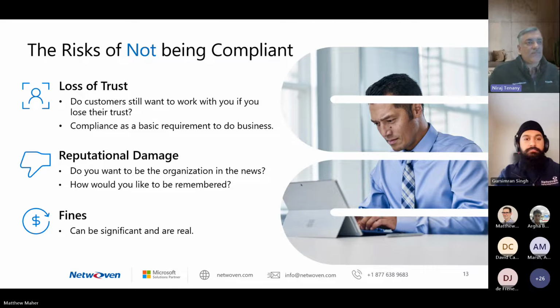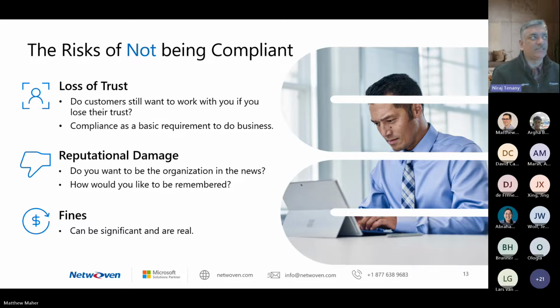So what's the risk of not being compliant? Well, there are several risks that we know of. Loss of trust: if the data that you have, internal or customer data, gets lost, there's a loss of trust. There is reputational damage, and there are obviously fines and financial damage. And last but not least, there's also competitive advantage damage. So we are all aware of the risk of not being compliant, and we just have to make sure that proper focus is put on that.